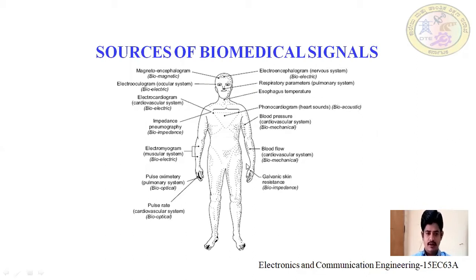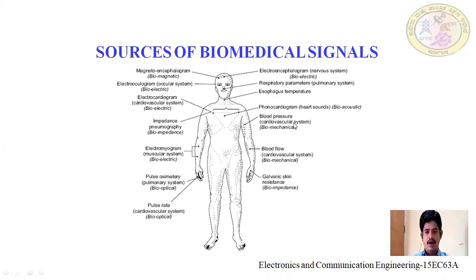In this diagram, you can observe a human body. We have so many signal sources in different formats. Here it's a biomagnetic signal. From the brain we get the magnetoencephalogram, and we get the bioelectric signal. Even from the heart, we get an electric signal. Then we have a bioimpedance signal. We have many bioelectric signals from different parts of the human body, and even the pulse rate. We have the pulmonary systems, and the bioacoustic signal, that's the sound of the heart. So these are the different sources of signals from the human body.